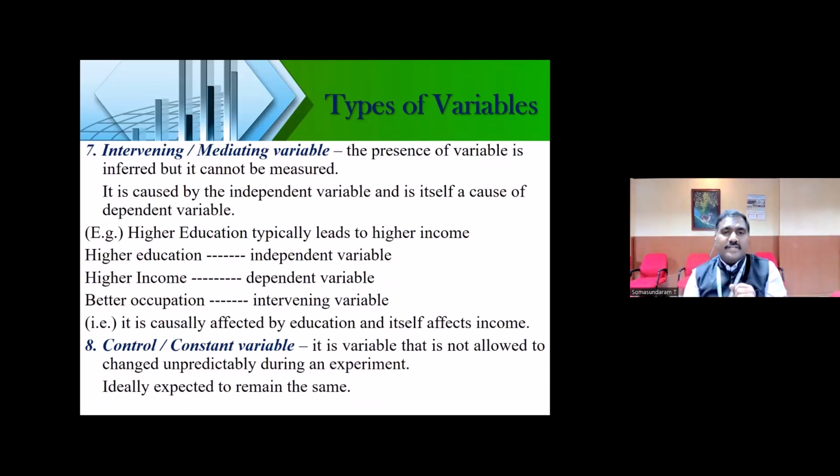And the seventh one is the mediating variable or intervening variable. This is one of the important variables nowadays. Most research scholars are using it, because we are familiar with what is dependent, independent, qualitative, quantitative, discrete, all those things. But now most research works deal with the mediating variable and moderating variable. These two variables are very important, which shows your contribution towards your research.